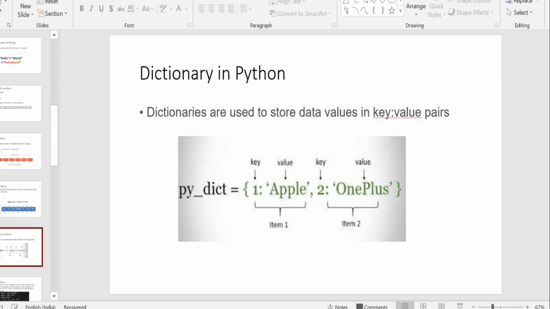Let's start our next video, which is dictionaries in Python. Now let's see what dictionaries are, how we can see them, and how we can store them. Dictionaries are used to store data values in the form of key and value pairs. A dictionary is written in curly braces, and it compulsorily has a key and a value, key and a value, key and a value,